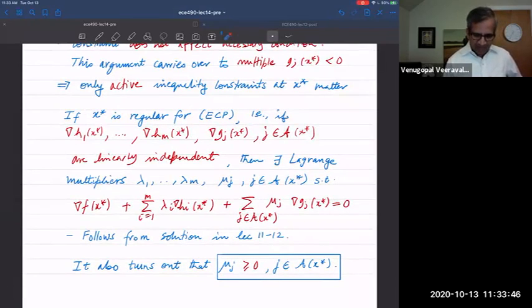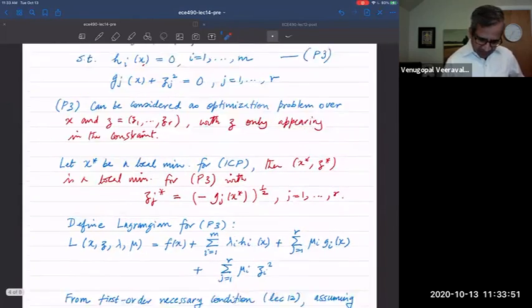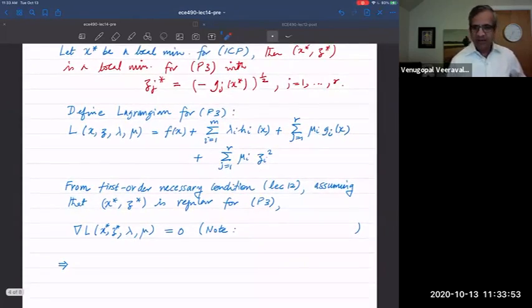And we'll see why. But okay, so let's assume that x star z star, sorry, is regular for P3. In that case, by our first order necessary condition for the Lagrange multiplier theorem that we proved in lecture 12,